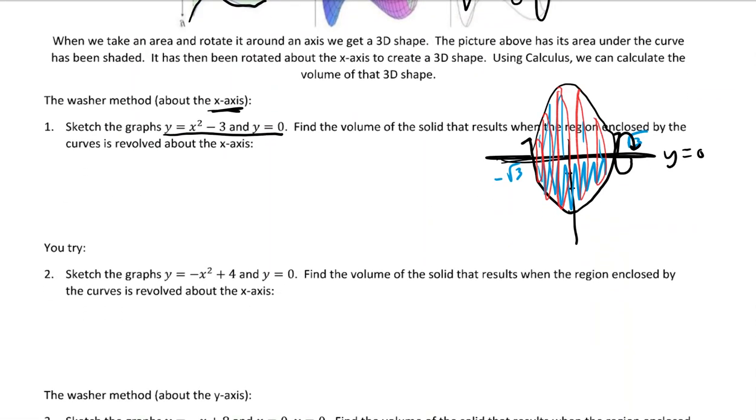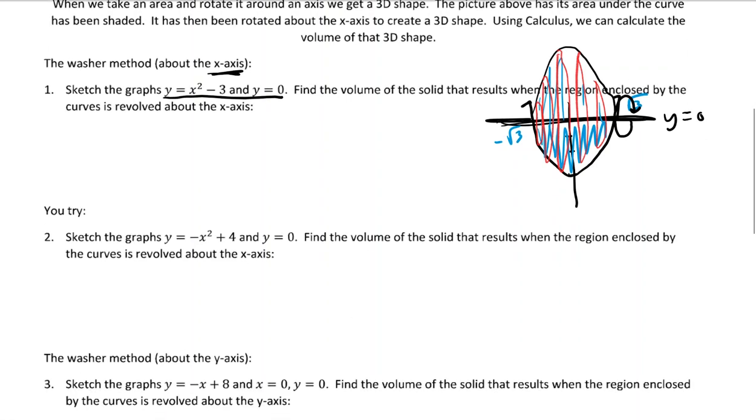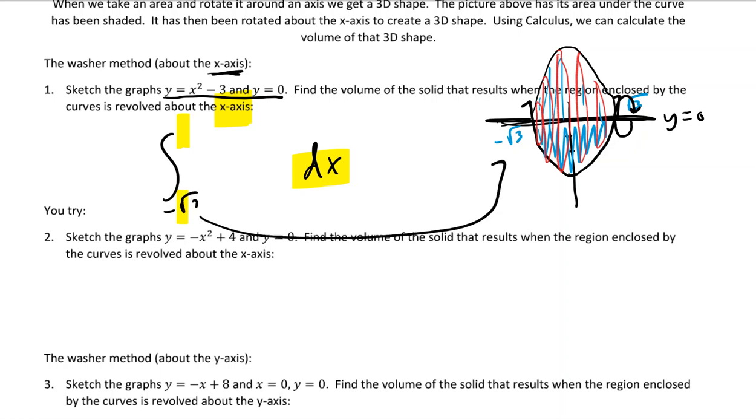So really, if I can come up with a formula to give me the area of one of those circles, and then I use calculus to total all of those up, then I would end up with the volume of that three-dimensional shape. Now, since this is about the x-axis, we will integrate, and we will use dx, and we'll use the bounds